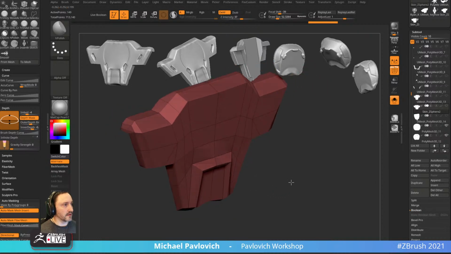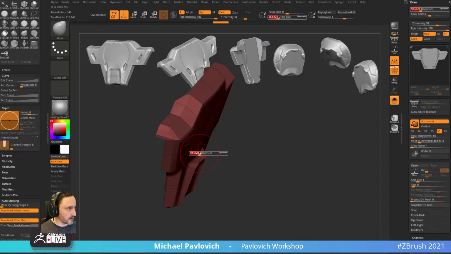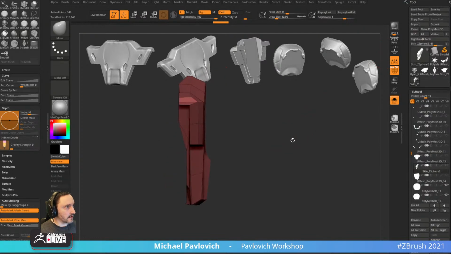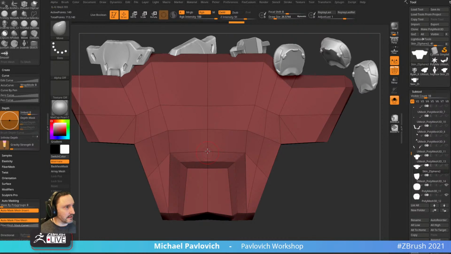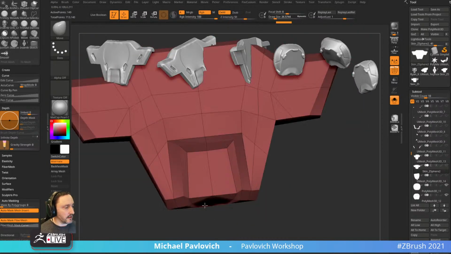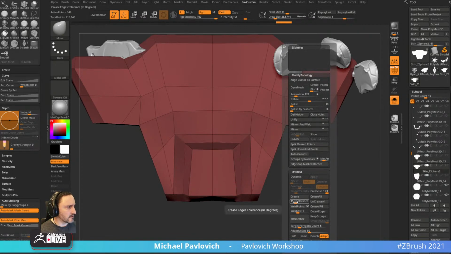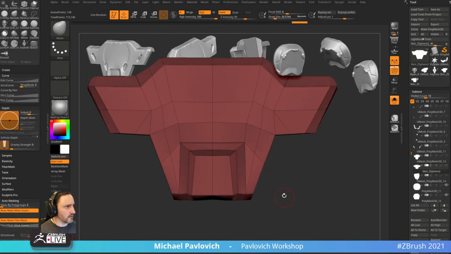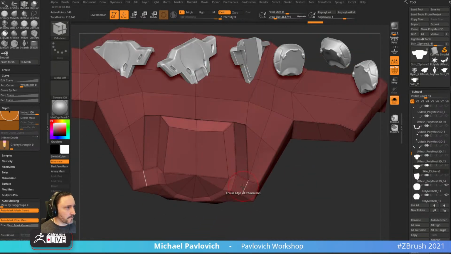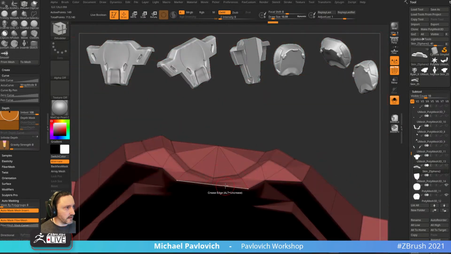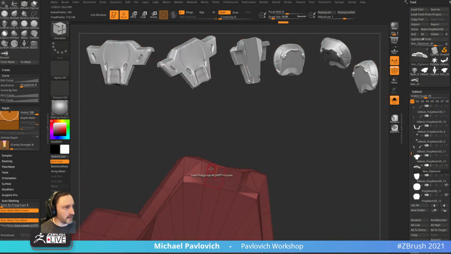sculpting brushes on this too, but it's a very, very low res mesh, so it'll help a little bit, but not that much. You can also use clipping here. But again, we're just looking for a slightly nicer mesh here. So I'm going to run a crease tolerance down fairly low. And then let's go in here manually and just run a crease edge here and then all the way around in here. And then now that I have this little bit of a simplified shape,